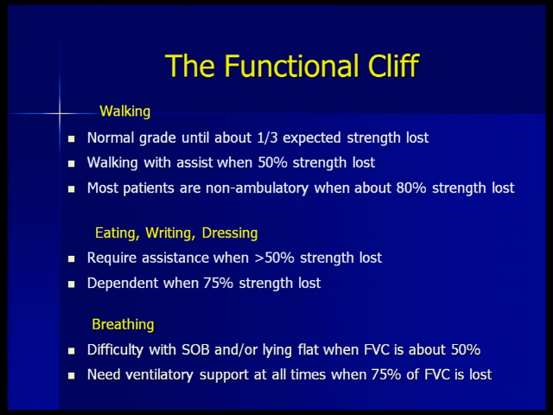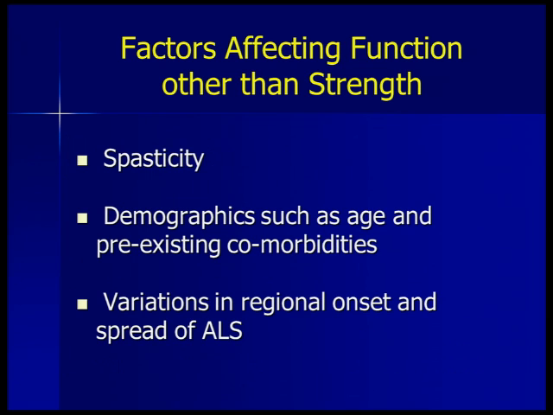Patients report difficulty with shortness of breath with activity or lying flat by the time their FVC reaches about 50%, and we know it's a practice parameter to provide BiPAP by the time a patient reaches that level. Patients usually need continuous ventilatory support by the time they reach about 25% of their expected vital capacity. But we know that these rules are not hard and fast, and there's a lot of room for interpretation and